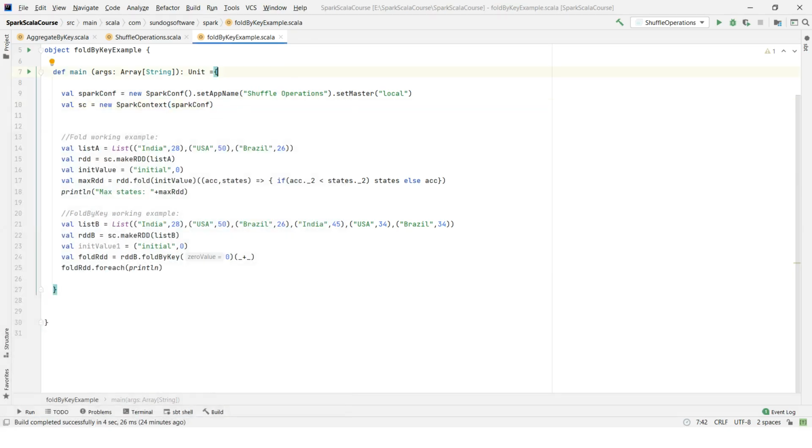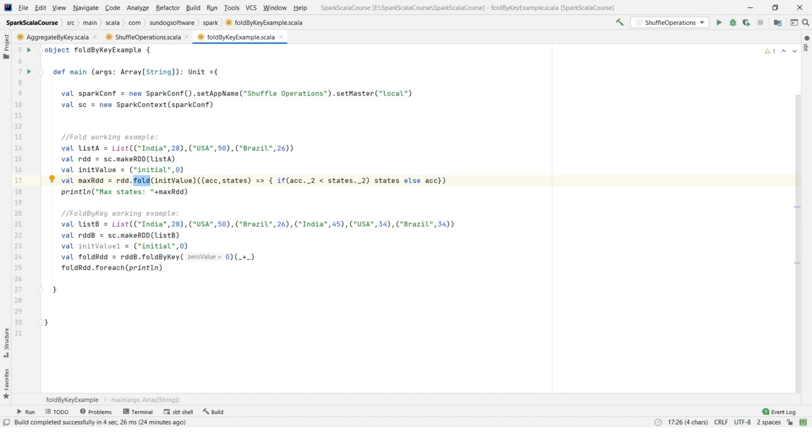So this is the sample code that we are going to discuss today. I actually added fold as well, just to verify in which case we use fold and in which case we use foldByKey. Fold is another operation which is similar to reduce, and we can perform any function here.